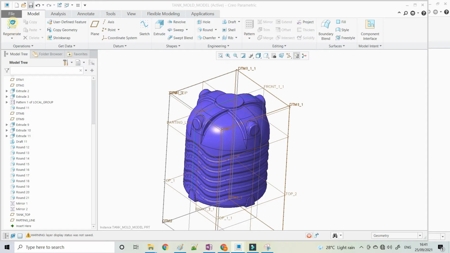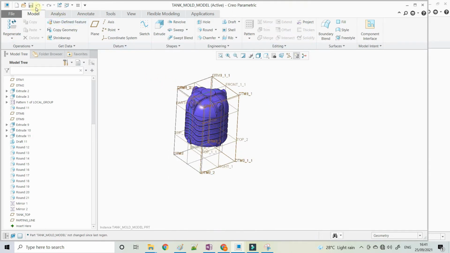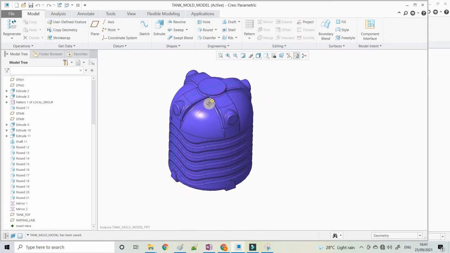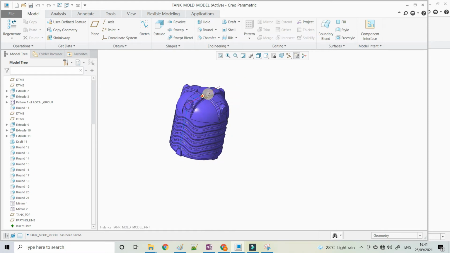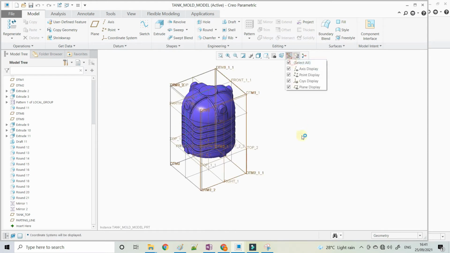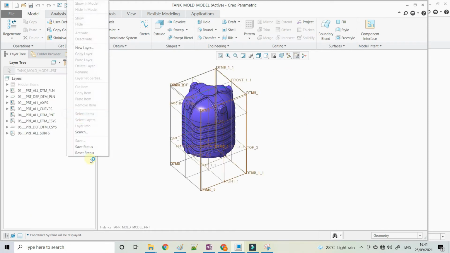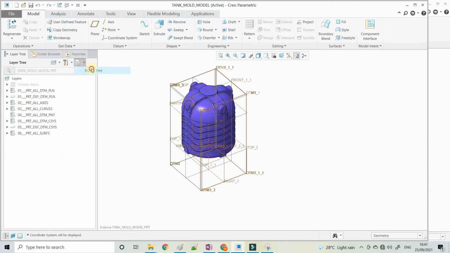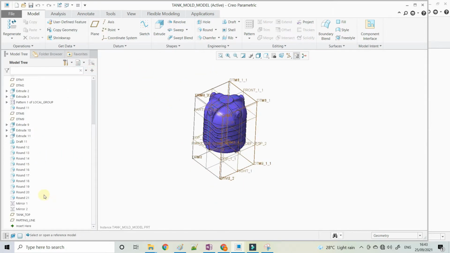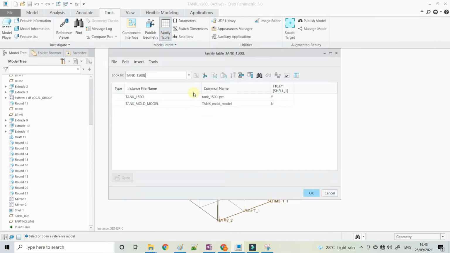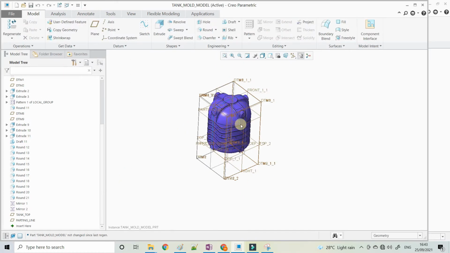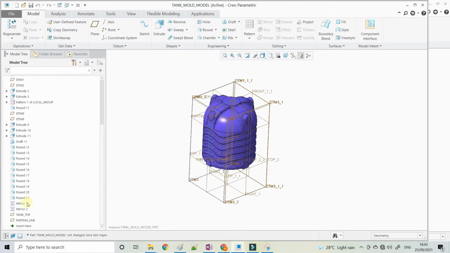Once you regenerate, you won't get that warning. After that, you can hide the layers if you want. So this is the mold model I'm opening, and it is without shell.